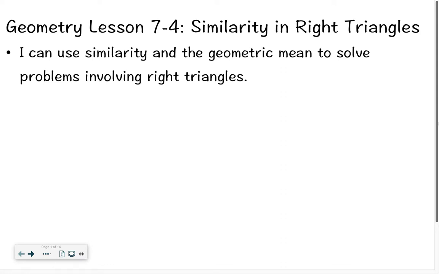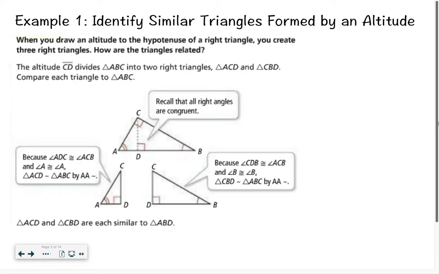Hello class, welcome to Geometry Lesson 7-4, which is all about similarity in right triangles. By the end of this lesson, you should be able to use similarity and the geometric mean to solve problems involving right triangles. So if we start by looking at example 1, which is all about identifying similar triangles formed